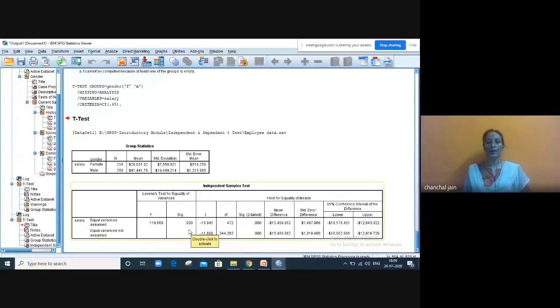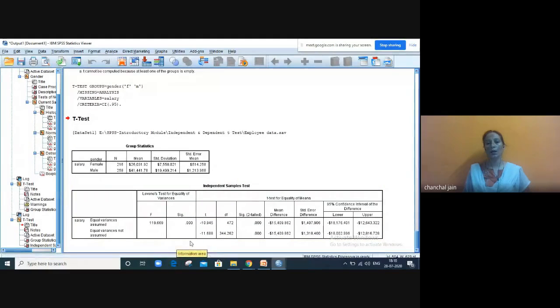So this point 000 is less than 0.05, we can say that the p-value is less than 0.05. That is why we will reject the null hypothesis. And when we reject the null hypothesis for Levene's test, then we can say that both the groups' variances